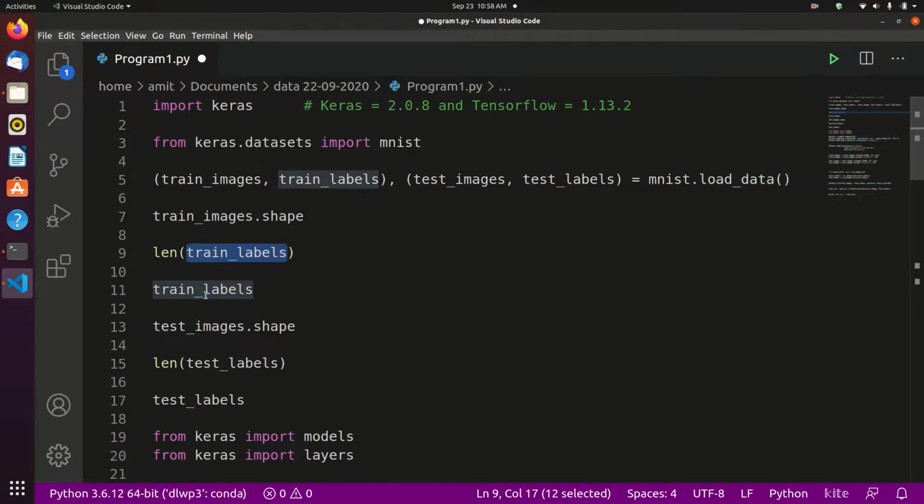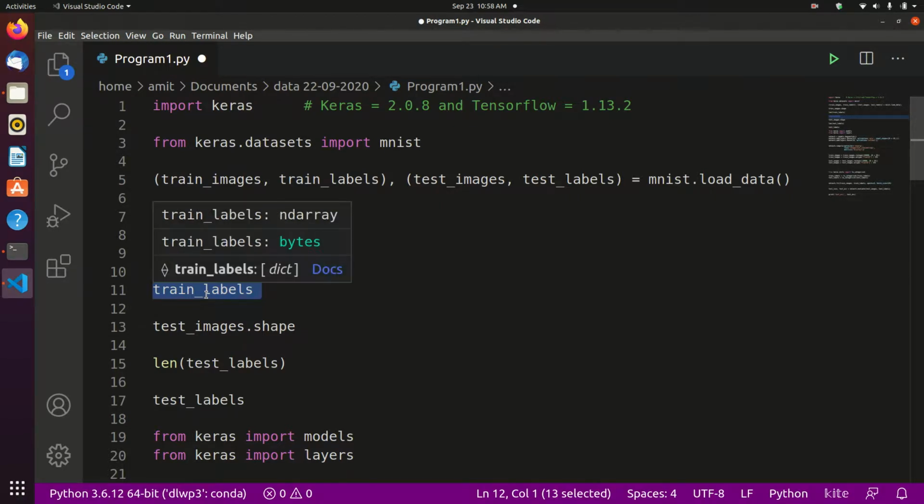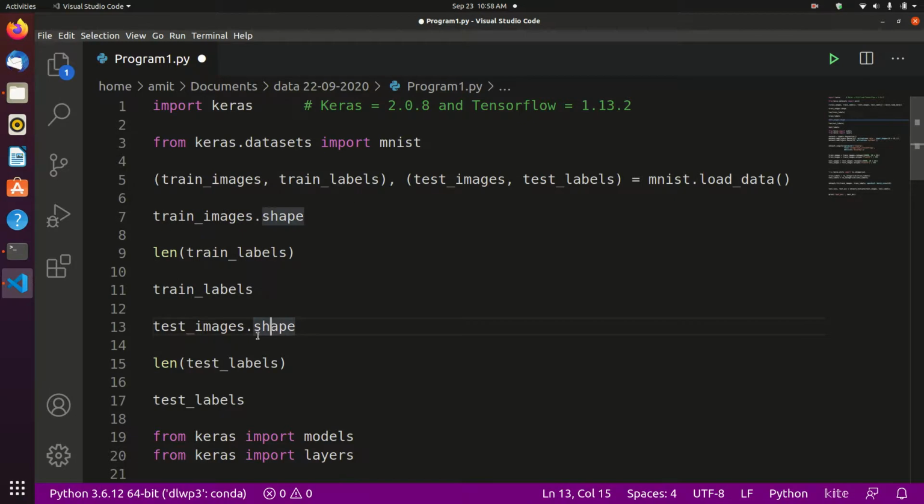The train labels, as I already told you, are just arrays of numbers varying from 0 to 9, and the data type here is uint8.